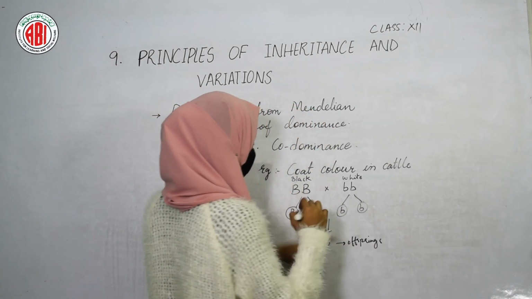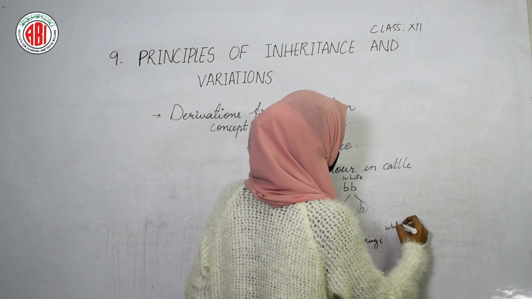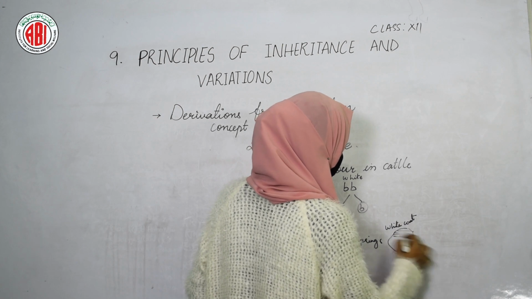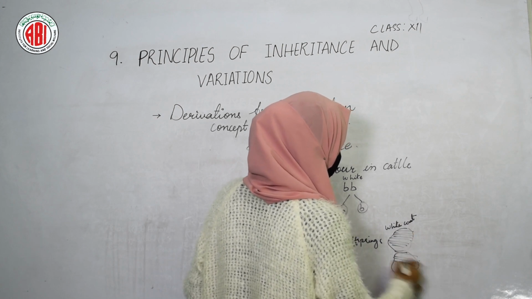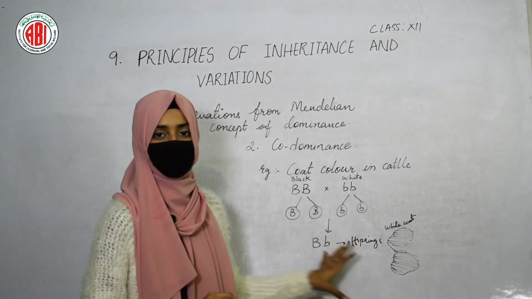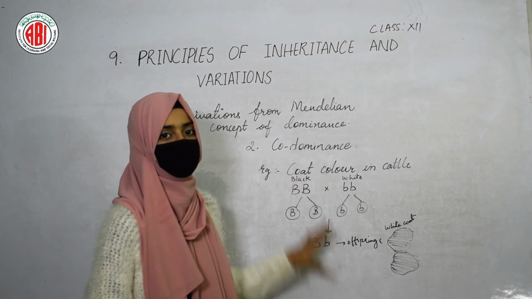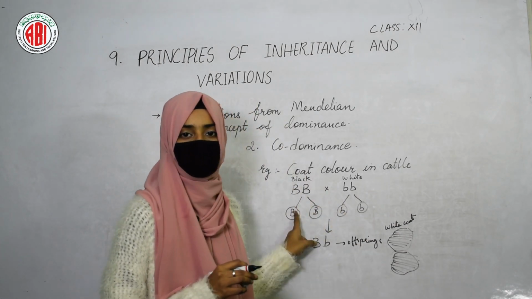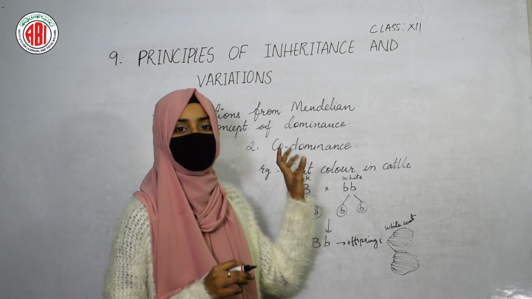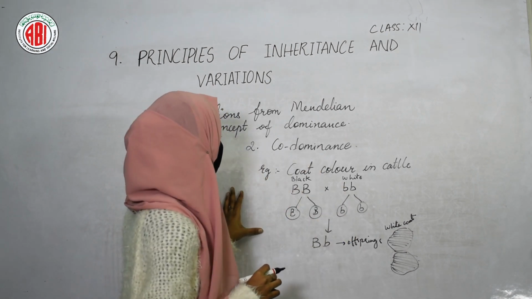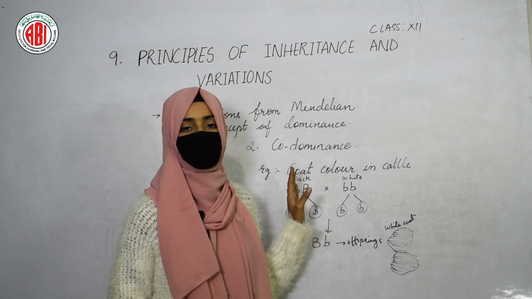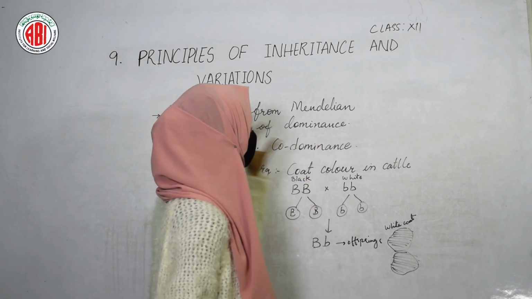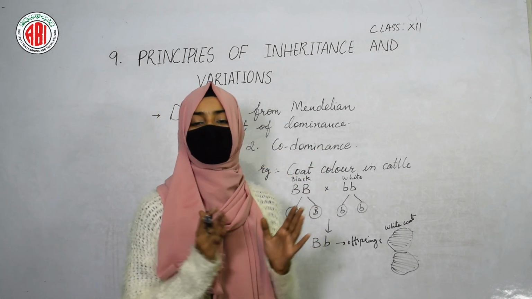The offspring of the F1 generation show the white coat, and on that white coat, black patches appear. In this way both the colors, white as well as black, are expressed by the offspring in the F1 generation. So if the progeny is expressing both the traits, dominant trait as well as recessive trait, then that is called codominance. In codominance, both dominant and recessive characters express together.